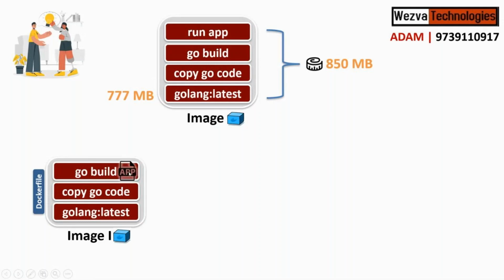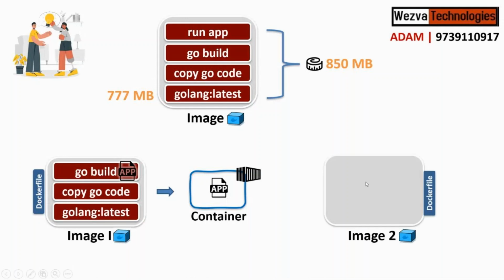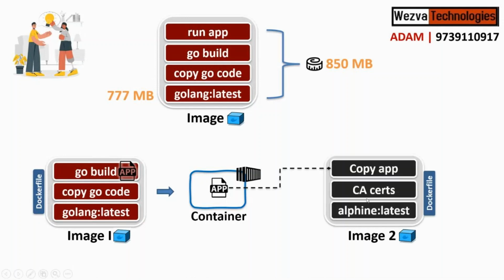So what we can do now is take a copy of this, but how do we take a copy of this? We know an image is read only, so we cannot take anything out of it. So we need to create a container out of this image, which will help us access whatever files we want. Now you can copy the application which is running in that container to a host machine, and then we can create a new image in which we can take the